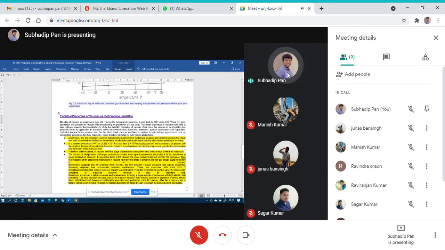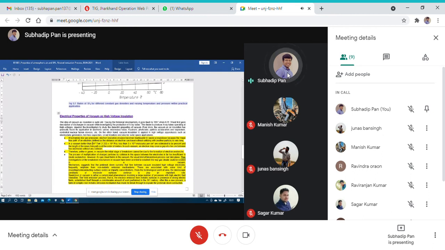The next point is, in a vacuum better than 10 to the power minus 3 torr. In vacuum dielectrics the unit is defined as the torr, T-O-R-R. Keep this in mind, because sometimes in an interview the interviewer may ask what the unit of the vacuum dielectric is. So for that case, keep this in mind.